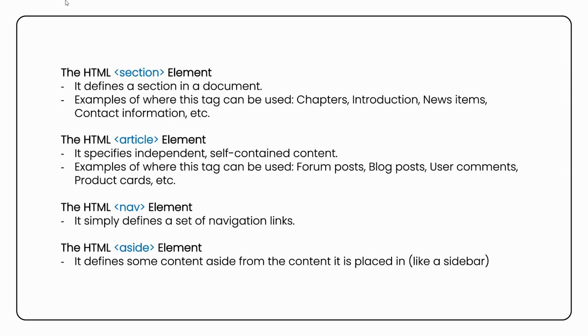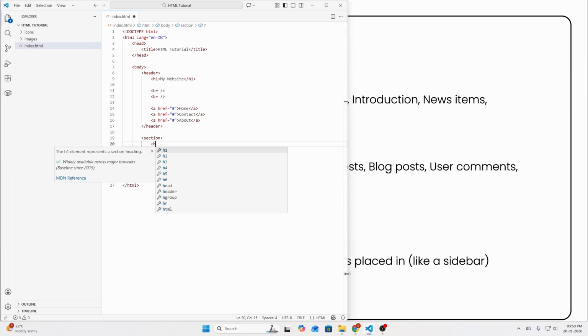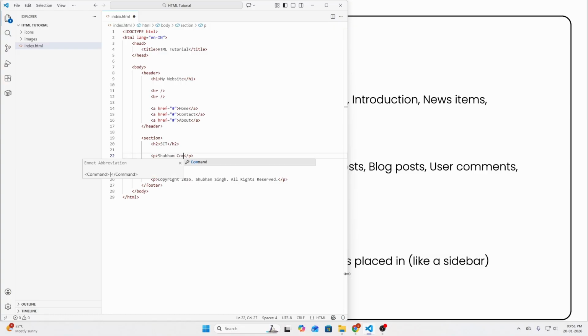Or in simple words, a section is a thematic grouping of content, typically with a heading. So let's add a section element between our header and footer element, like we do in a real website. Inside it, let's define a heading with an h2 element, and just say SCT for Shubham Compile Tag, and below this let's add a paragraph which says Shubham Compile Tag channel is good for learning programming and working